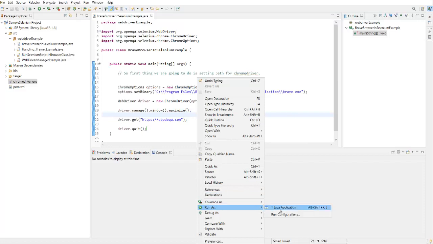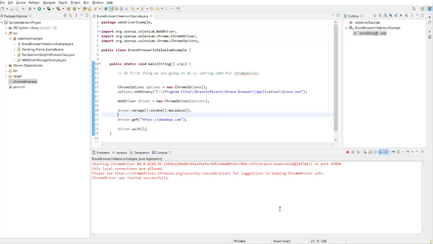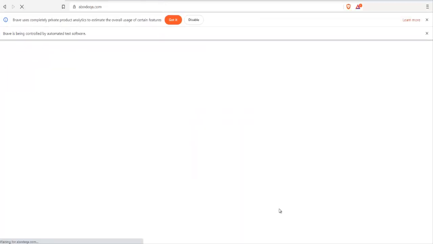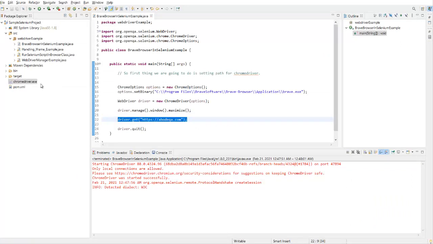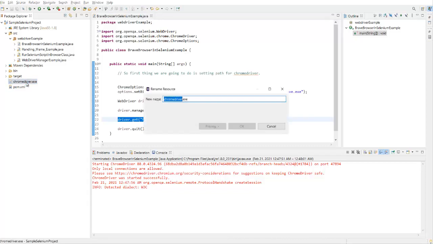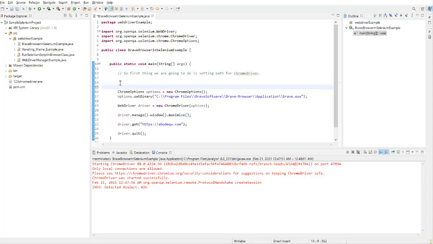So let's run this, and this time it is going to launch the Brave browser and open the, here you can see it is a Brave browser, and it has just opened aboutqa.com. Now you will be thinking, what if I don't want to place this chromedriver.exe at the project level? So let me comment this out, and here at line number 14, before declaring this ChromeOptions, we